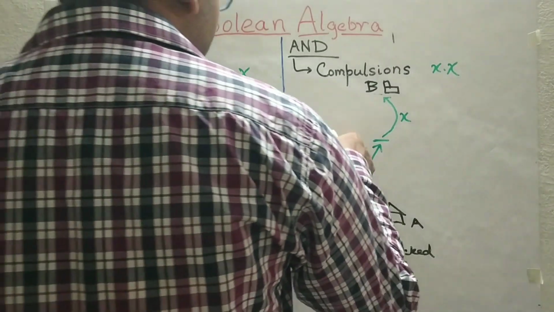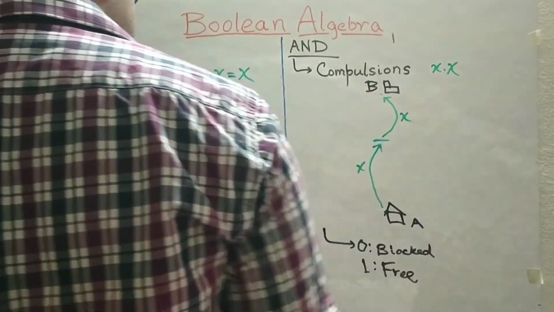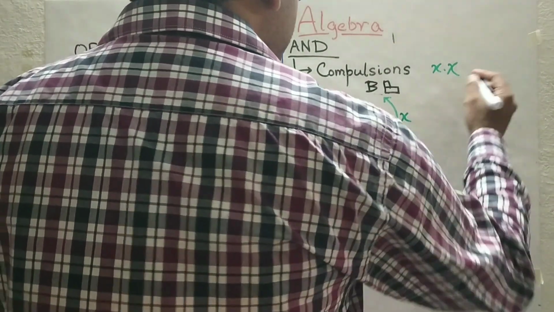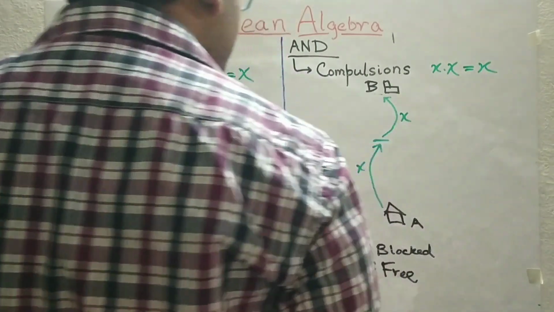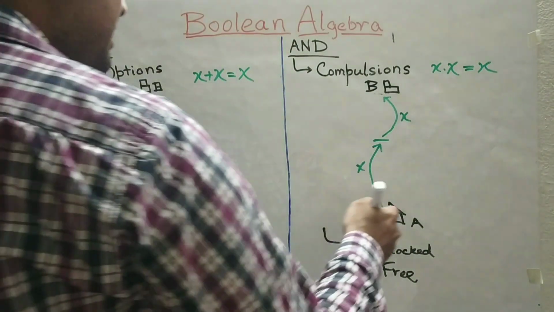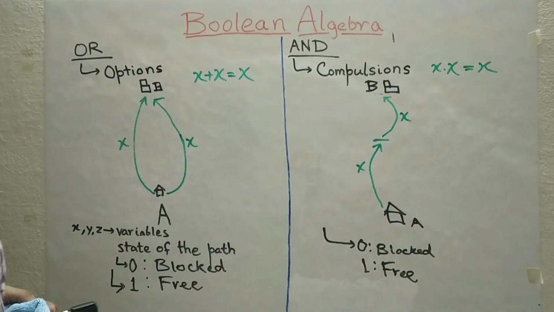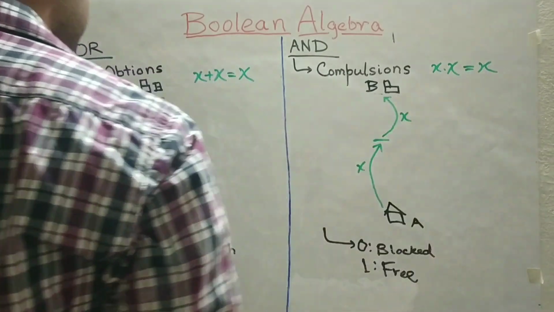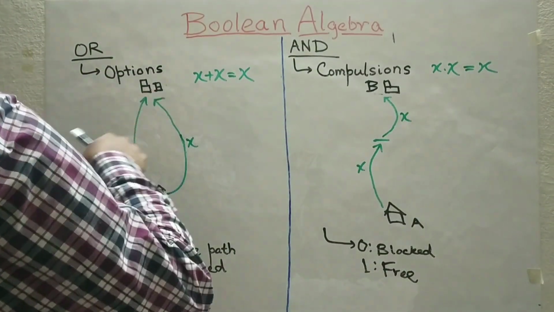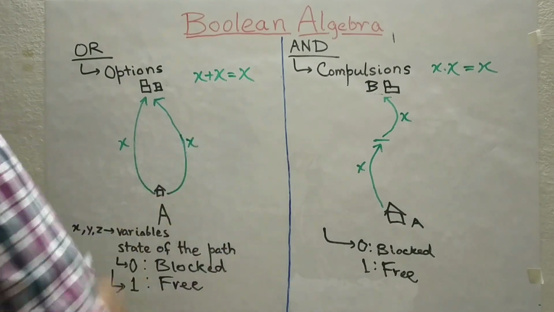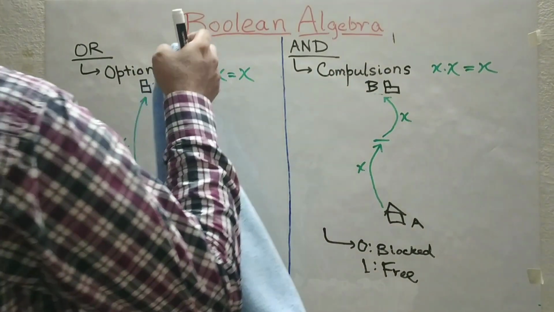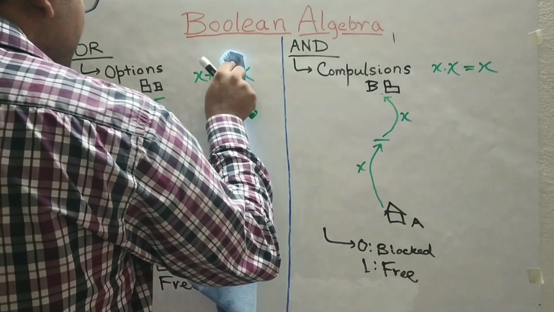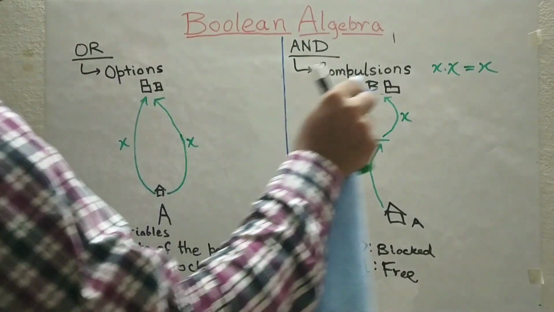If from this point to this point the road is free, then from this point to this point also the road is free, and you know that from the state of x itself, so you don't need to know anything else. So whether you can go from the point A, your home, to your office B, depends on x only. So this will be known by the state of x. Whether you can go from your home to your office will depend only on the state of x. So you don't need to mention it twice. So mentioning it once is okay. Okay. There is another